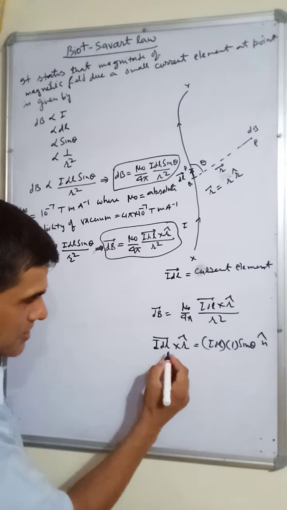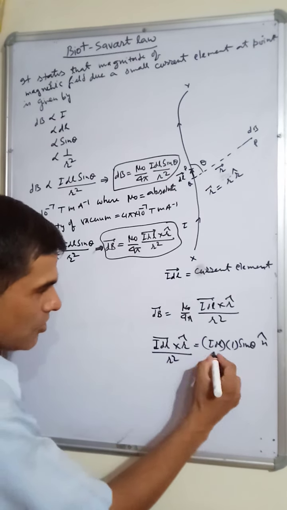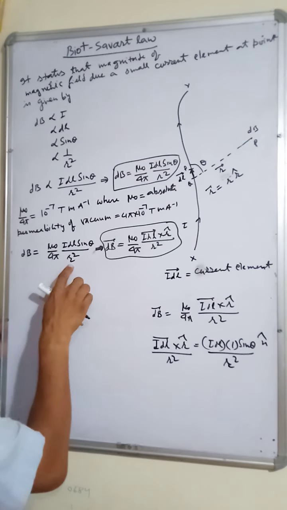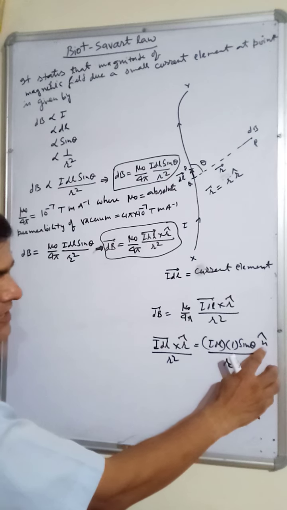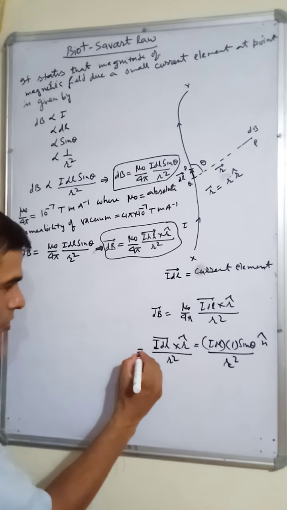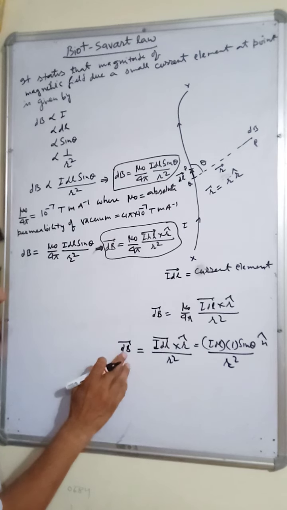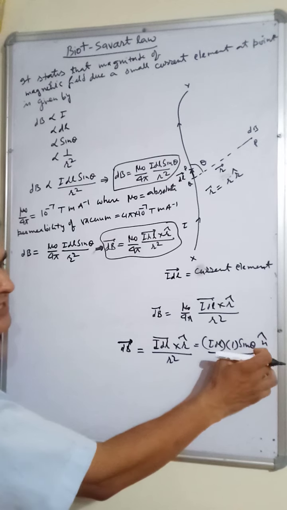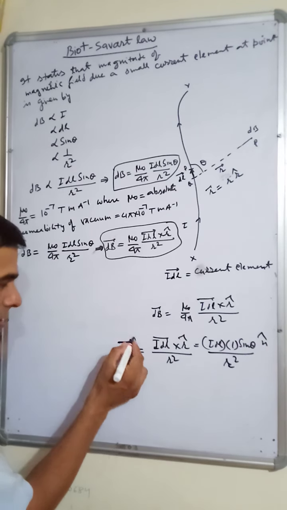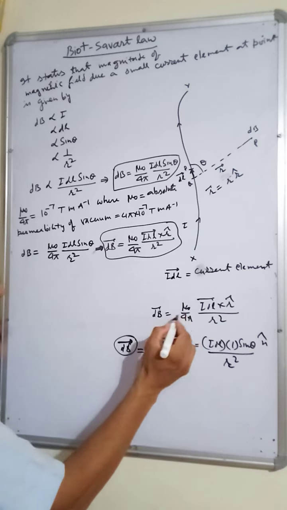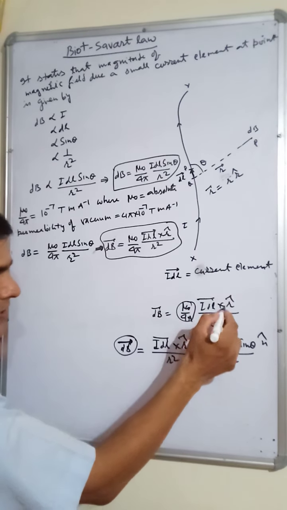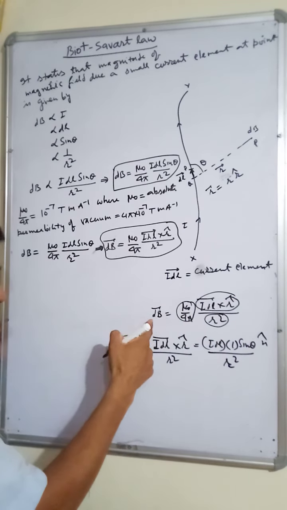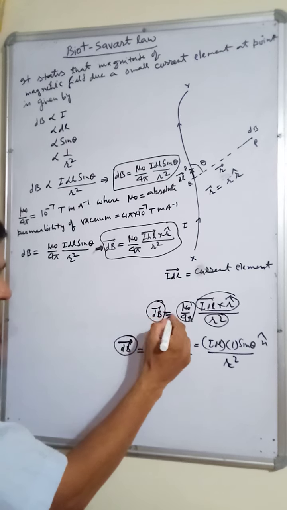Now you divide it by r square. Now everything is the same, I dl sin theta upon r square. The extra thing is n cap. So this whole thing is equal to dB. This whole thing is equal to dB. This arrow is represented by this n cap. N cap gives the direction of dB. Because here is a sign of equality, this is not a vector, vector is this one. So whatever direction I dl cross r cap will be, the same direction will be of the dB, because here is a sign of equality.